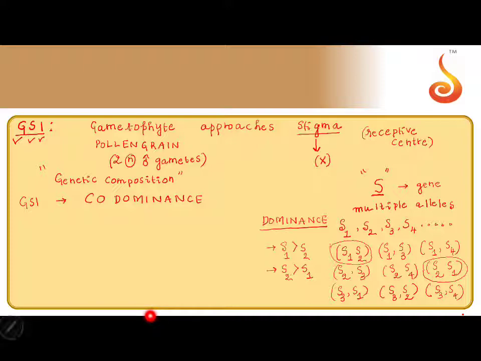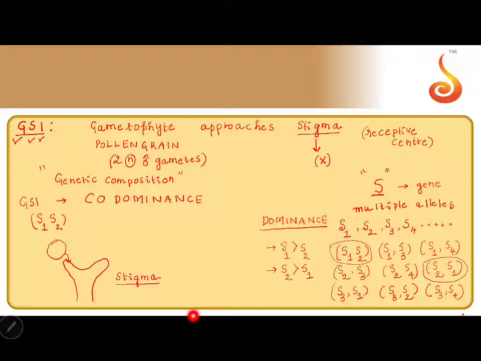Codominance means if I write S1, S2 as two alleles, then both of them will express in the formation of the gametophyte. So for instance, if this is the stigma, so what did I draw? I drew the stigma. So the pollen grain will come and